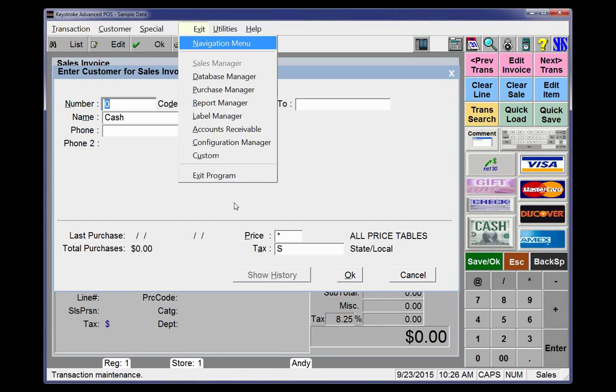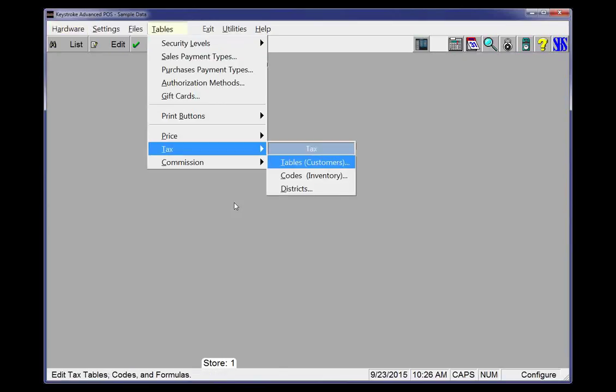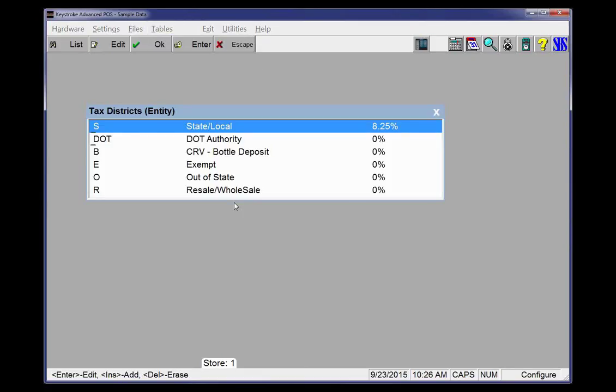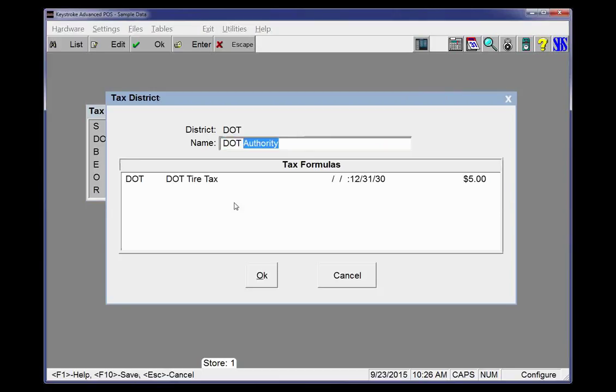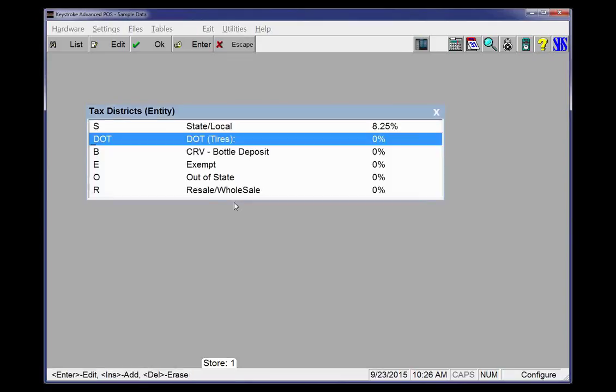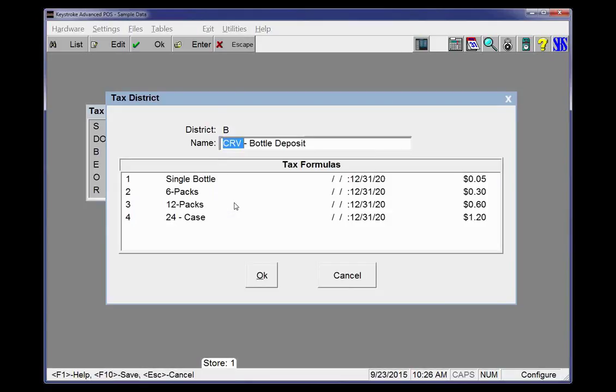So I'm going back to Configuration Manager, Tables, Tax Tables. Actually, I'm just going to go right to Districts in this case. This is just going to be the districts, and we're going to change some names here. And maybe I'm going to call it DOT Tires. I'm going to put a colon in here to see how it looks when I actually save it. And the bottle deposit, maybe it's supposed to read something a little different in your state. It might need to be something like deposit,